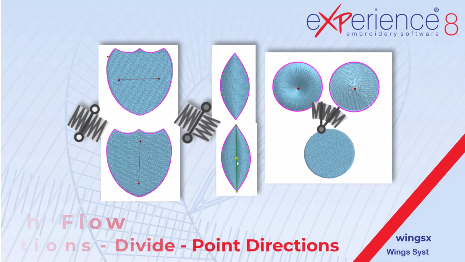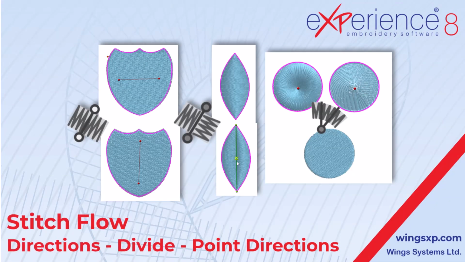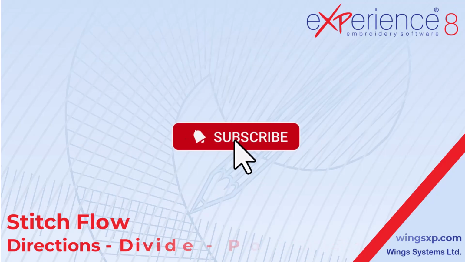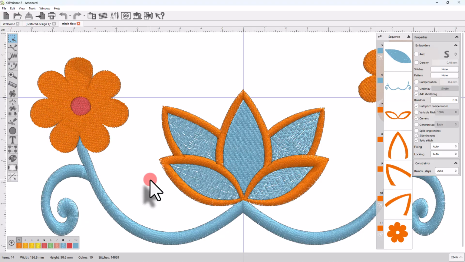In this video, we will show you how to use the Stitch Flow tools to improve the embroidery quality and the look of your designs. Stitch Flow is a special operating mode that provides tools to adjust the directions of stitches and divide objects into